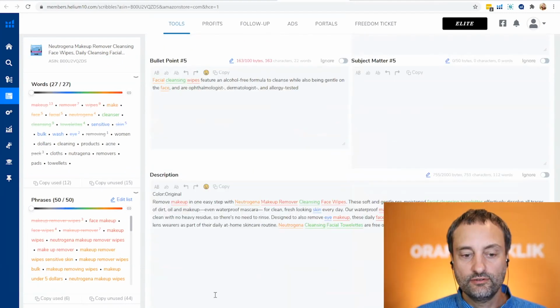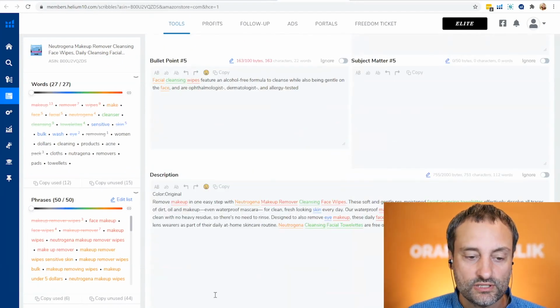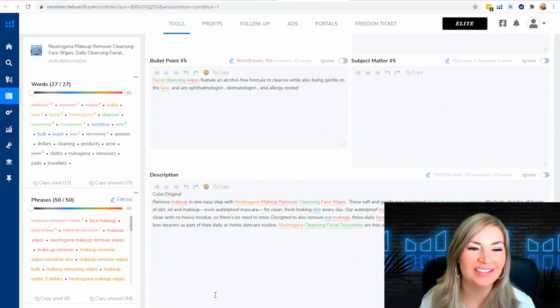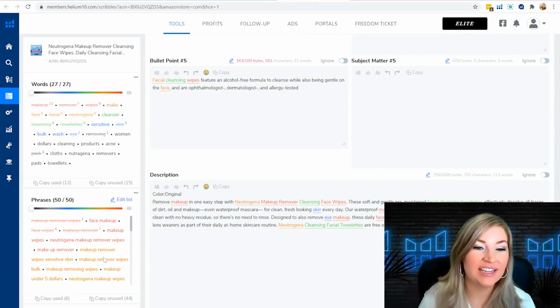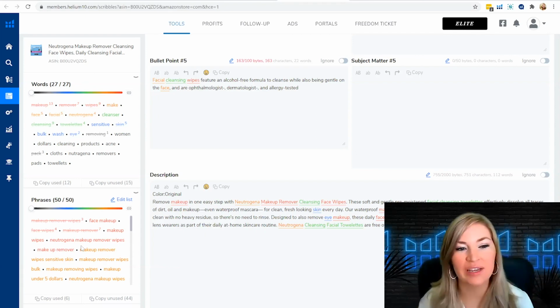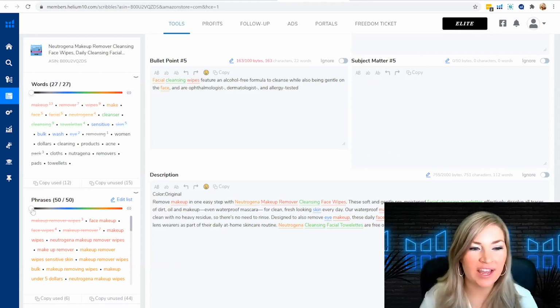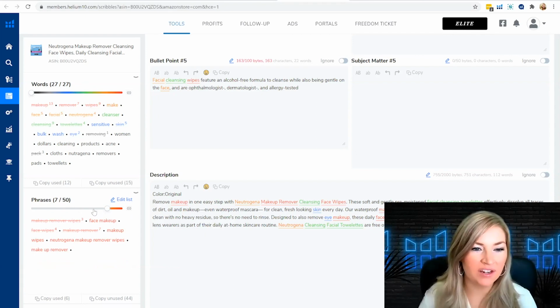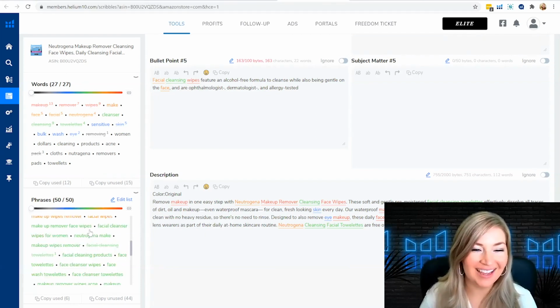And the different colors on the left column, what does it mean? The frequency of the words? Yes, good question. You're so smart, Augustus. With the phrases, it means how high the search volume is. Definitely your red keyword phrases are going to be your highest search volume phrases, and then it goes down from there. Orange would be still high, but a little bit less. Green, medium. Blue, a little bit low. And then black is a lot less traffic.